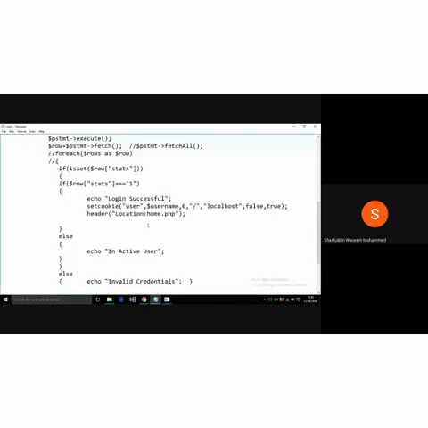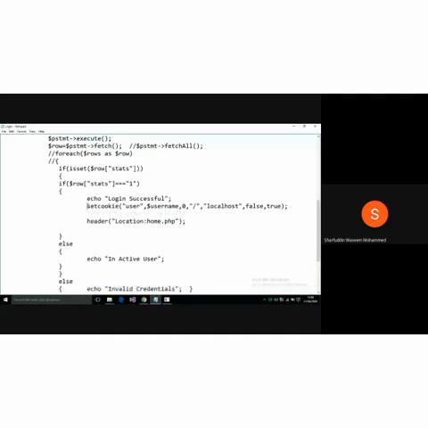So if the user is successful, I will not set the cookie now, but instead let the cookie be as usual, and I will set another variable with the help of a session. I give the name user, and you can assign a value for this. This is like an array where the value will be $username, meaning the username will be allotted to this.